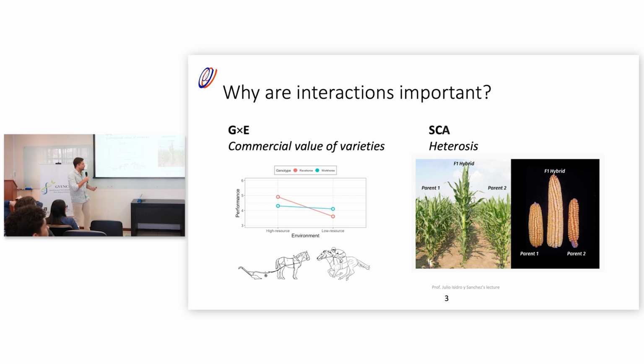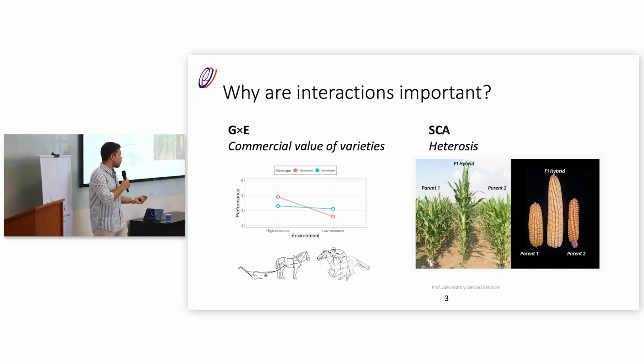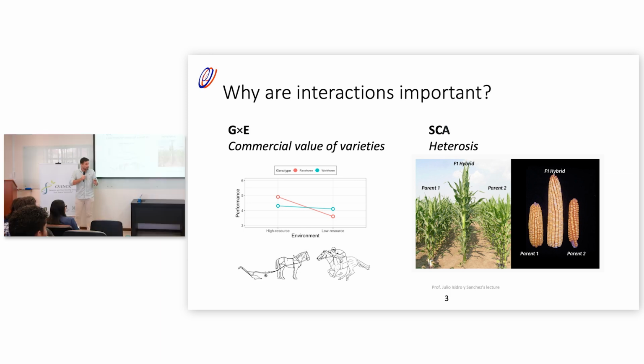Institutions or companies that have the parents are able to sell the growers hybrids, F1 hybrids, that are optimized for that specific combinability. But growers are not able to reproduce that because the seeds of their progeny, the F2, has already segregated. So it doesn't have the properties of SCA that the hybrid has. So it's a way for companies to keep the software private. Or it's a really good business model. This is why heterosis is that important.